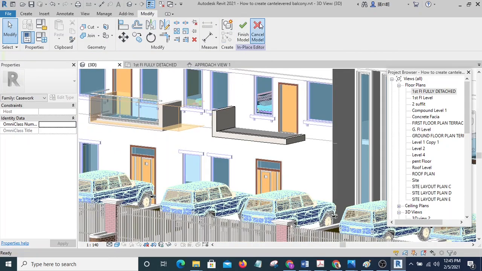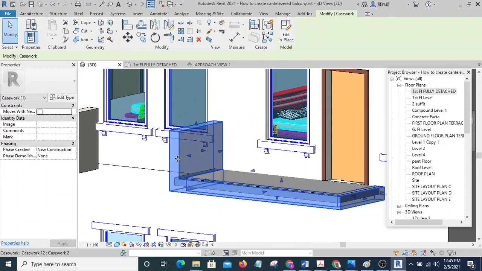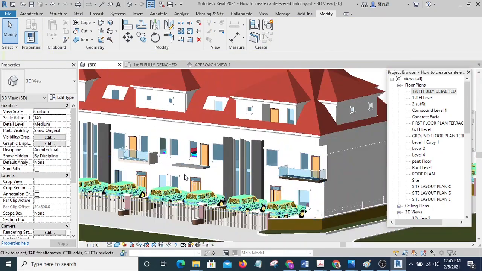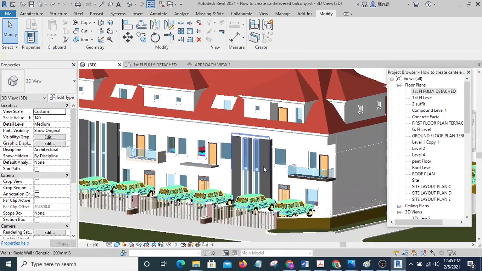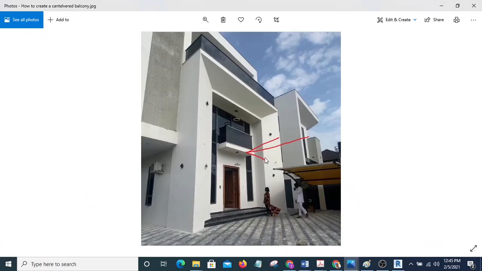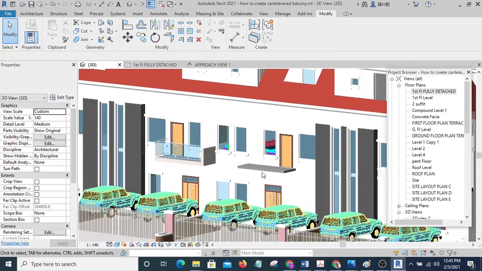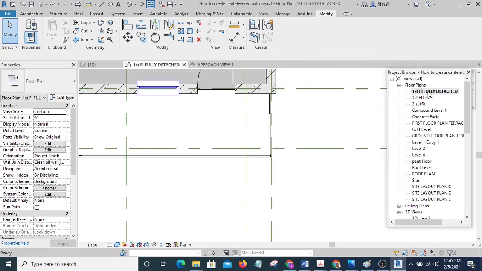Oh, let me not go into that. Okay, let's say I want to do something like this. I want to do something like this that is complete. If it is that one you want, then you go to floor plan.